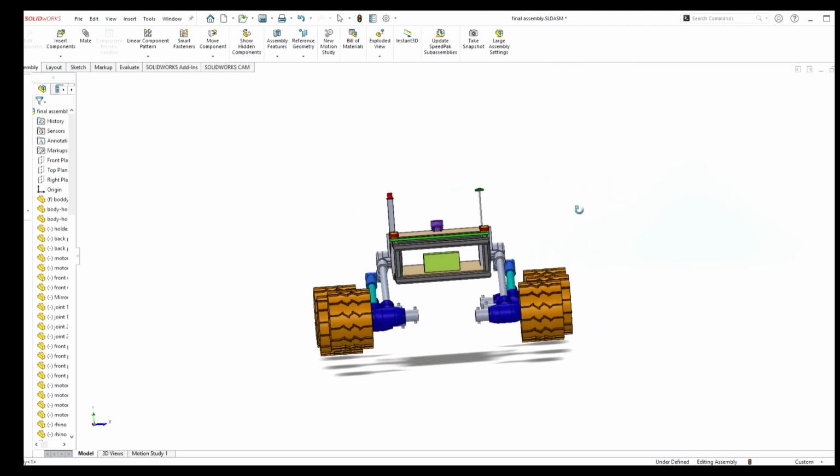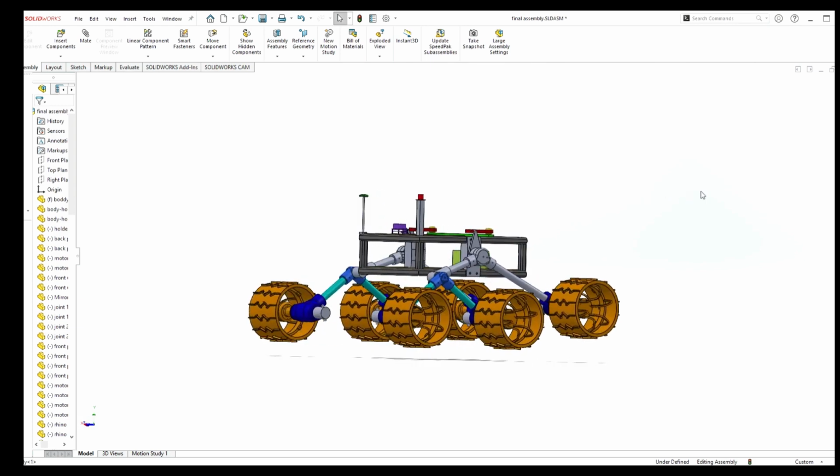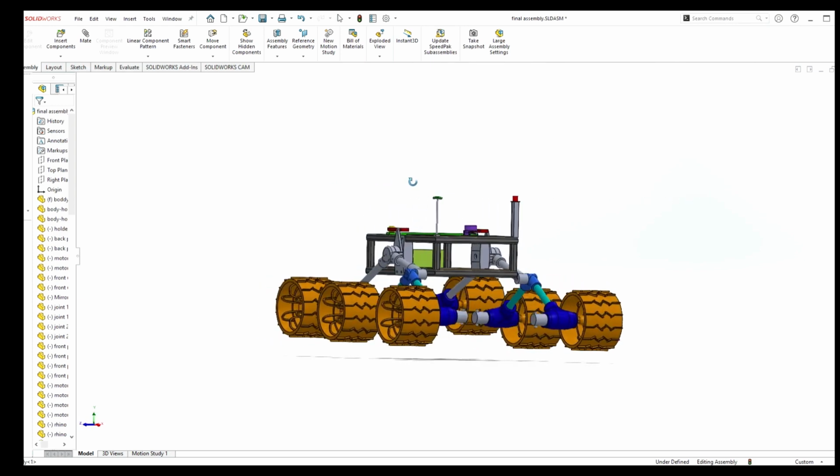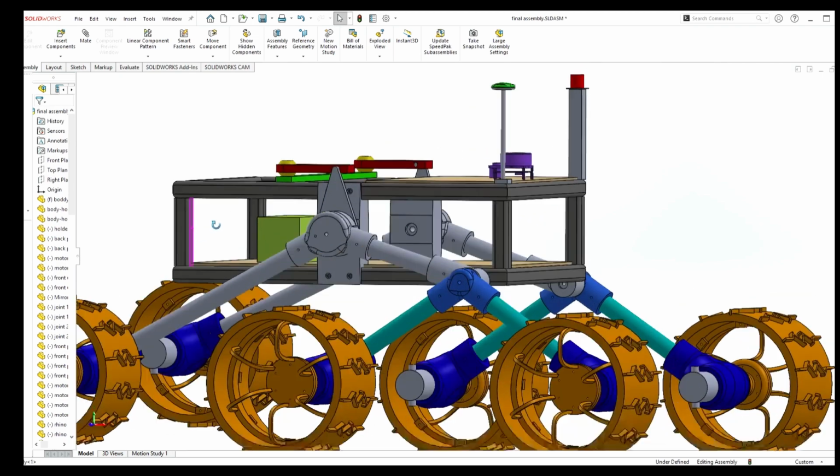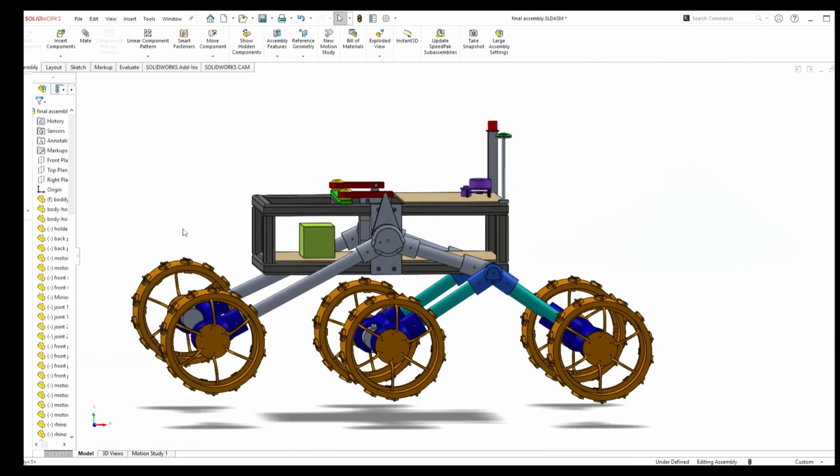The chassis is made of aluminum extrusions. Aluminum is a lightweight material. This characteristic is particularly beneficial for a rover as it allows for reduced overall weight, enabling easier transportation and reducing the